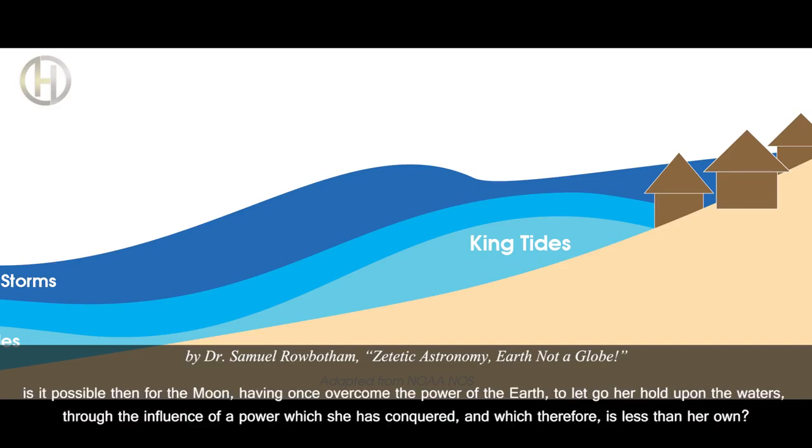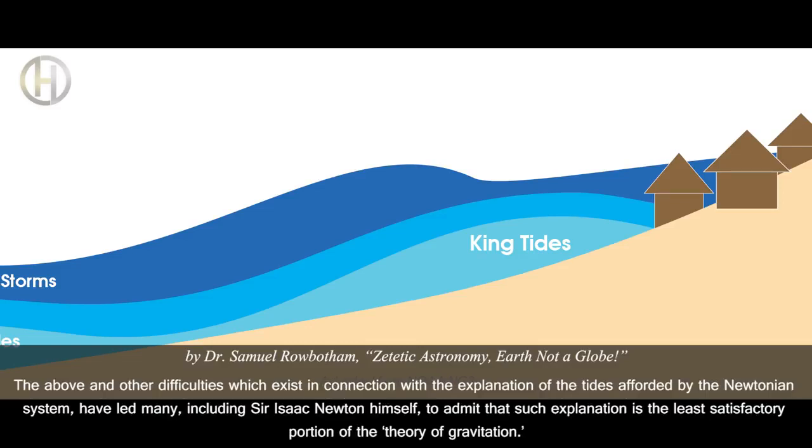Is it possible then for the moon, having once overcome the power of the earth, to let go her hold upon the waters, through the influence of a power which she has conquered, and which therefore, is less than her own? The above and other difficulties which exist in connection with the explanation of the tides afforded by the Newtonian system, have led many, including Sir Isaac Newton himself, to admit that such explanation is the least satisfactory portion of the